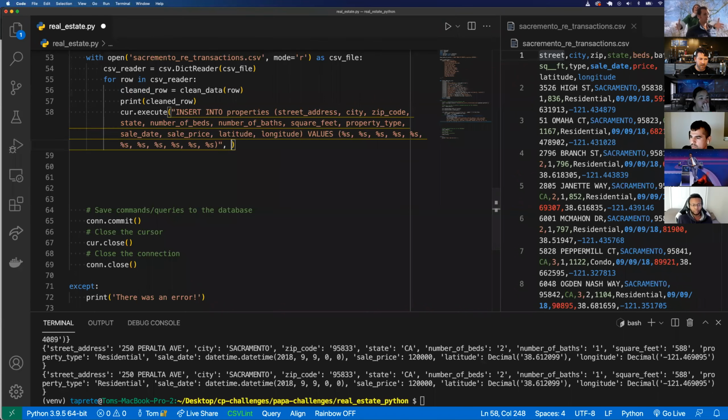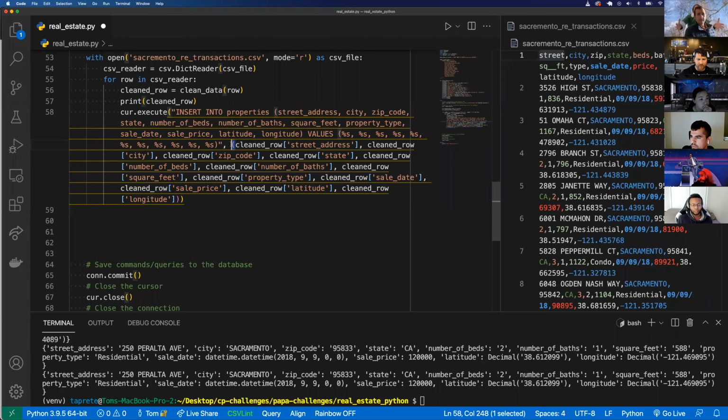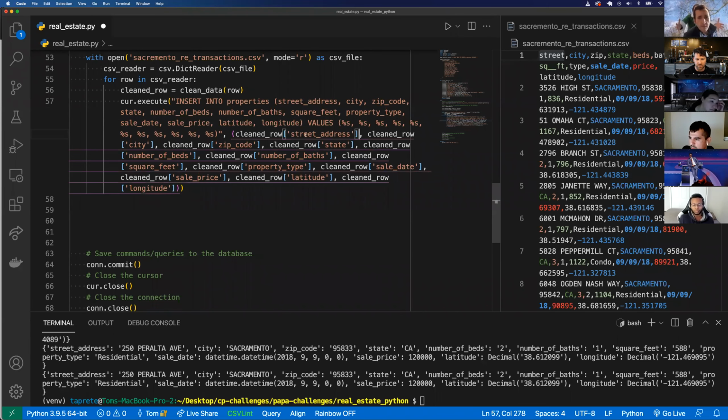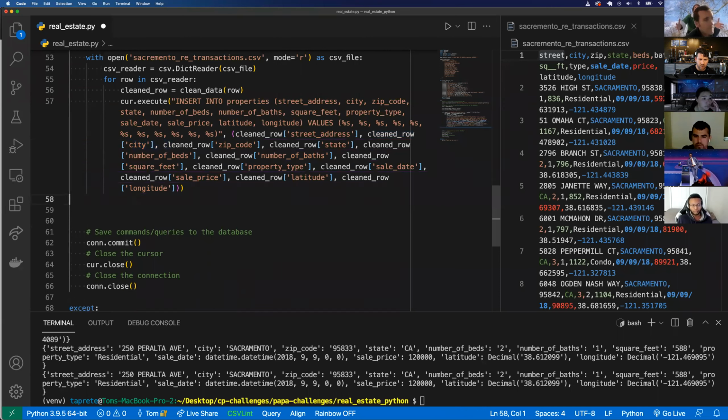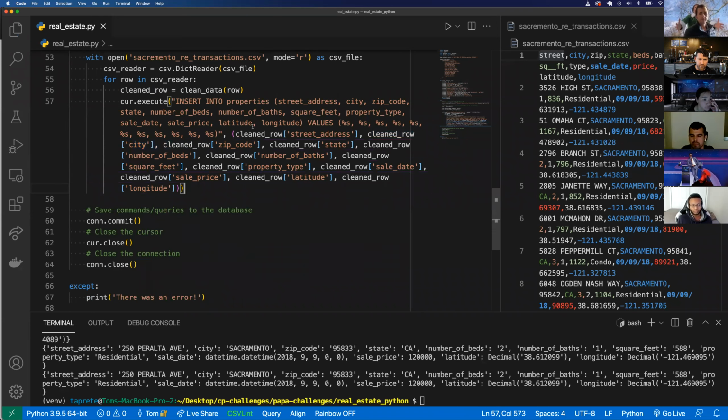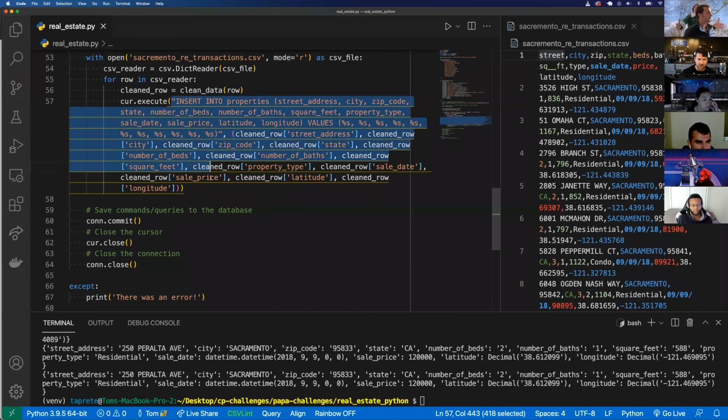Now I'm trying to copy this over here. I'm passing in a tuple of cleaned row street address. So I'm extracting each value corresponding to each column in the database. So I'm executing this insert into a bunch of times. And if everything worked right,